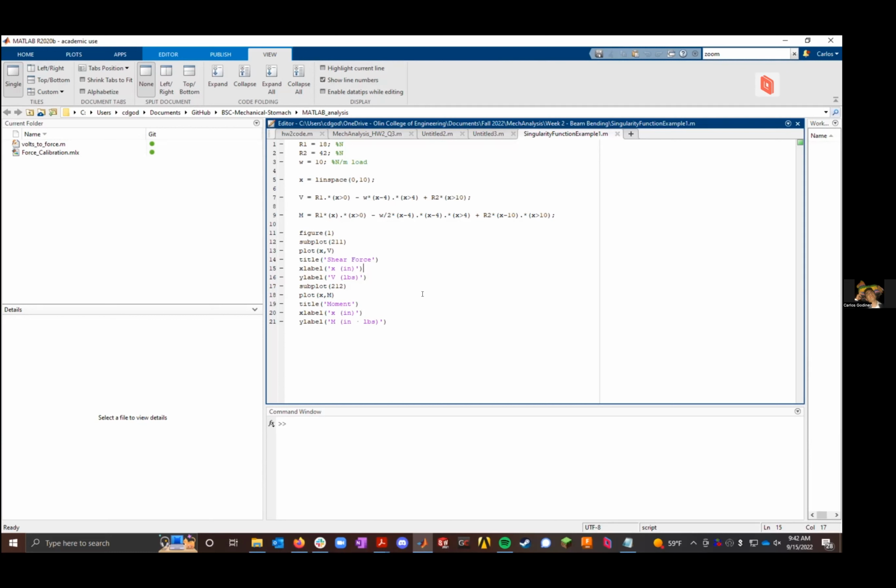So in this script, really the only thing to point out that is useful is when you are applying a moment or a singularity function, the way that you do it is that what would go in brackets, you replace with, instead of x minus 0 or x minus 4, x greater than whatever your value is for your moment arm. And you need to do element-wise dot multiply. So for example, going back here,